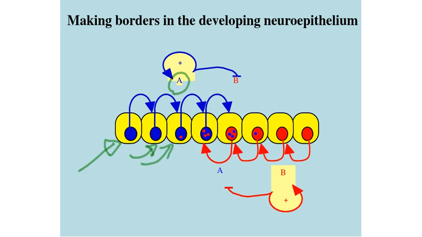In the opposite direction, you have another morphogen, let me change color, which is called B. A produces its own production, so it amplifies itself, but at the same time it represses B. And if B activates itself and represses A, as long as you have B, the cell becomes labeled